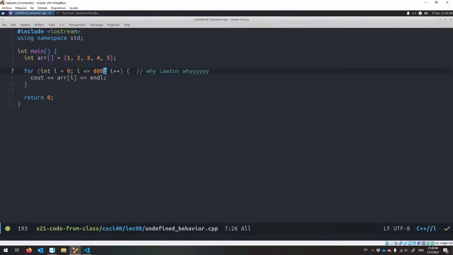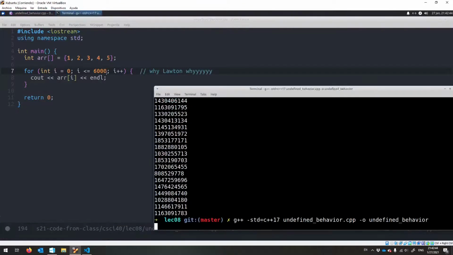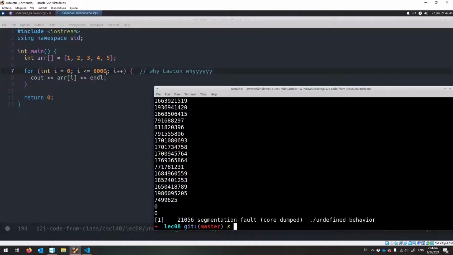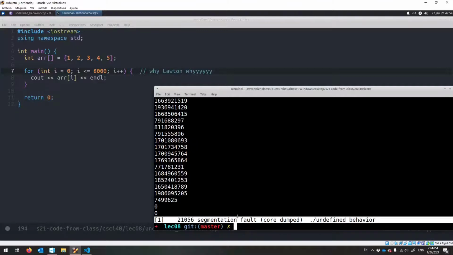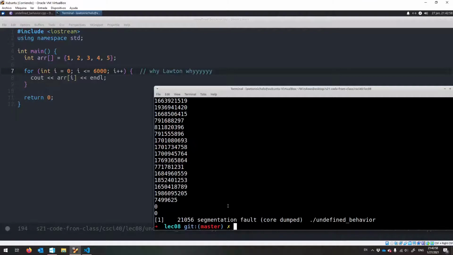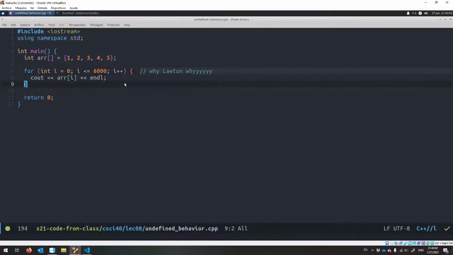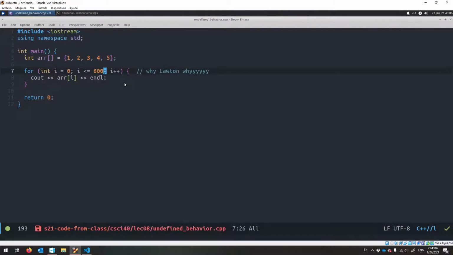And the second we go too far, 6,000. Let's try. Okay. It's eventually going to try and get somewhere that's past our program. We only have so much memory in our program. And the second it does that, it causes what's known as a segmentation fault, which is just telling us that we accessed memory that we're not allowed to access. So apparently up to 600 works. But any more, like